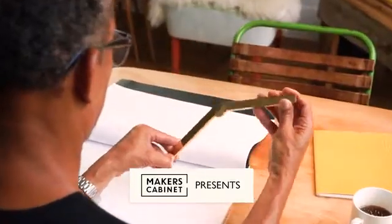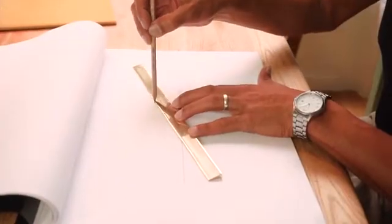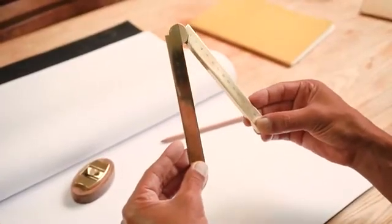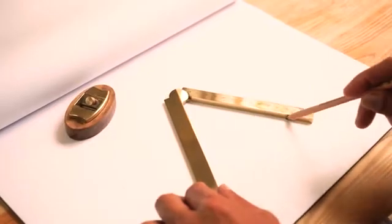Maker's Cabinet presents Stria, an elegant folding ruler designed to last a lifetime. Use Stria to draw seamless straight lines in a smaller footprint. It includes an expertly engineered folding mechanism which has built-in tactile feedback, helping you to find the most important angles